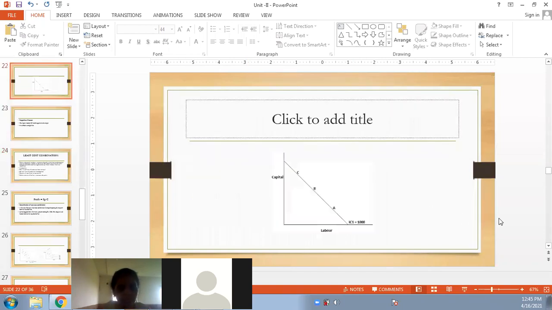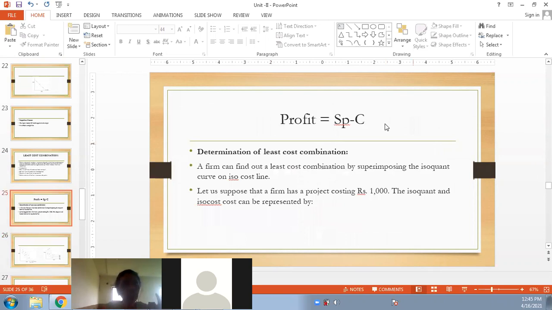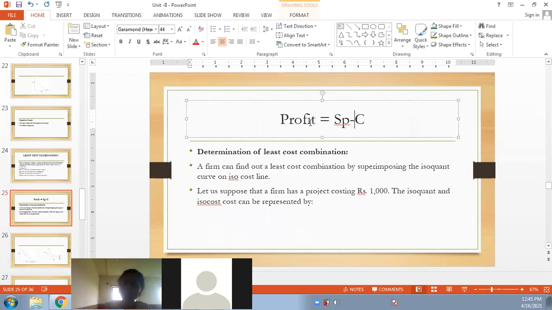Simple thing, guys. See here we have this isocost curve. This is an isoquant curve. Isoquant, isocost. Another thing that we should know to understand this least cost combination is, for example, let